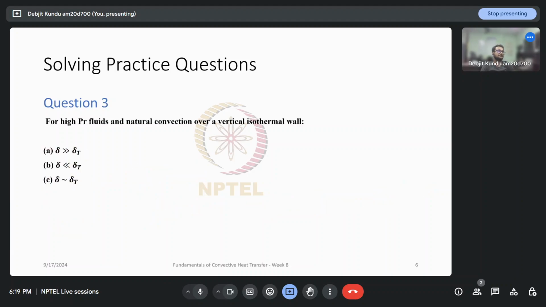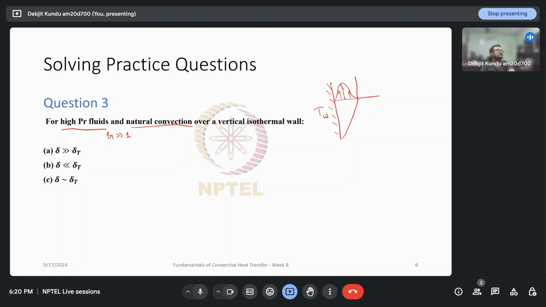We'll now move on to question number 3, where the Prandtl number becomes important. The question is asking us that for high Prandtl number fluids, where the Prandtl number is much, much greater than 1, and natural convection over a vertical isothermal wall. So these are all important keywords. So I have a vertical wall, which is isothermal at the same temperature, and there's some natural convection going on there. So in that case, a boundary layer would develop, and I'll have obviously a velocity or a hydrodynamic boundary layer,